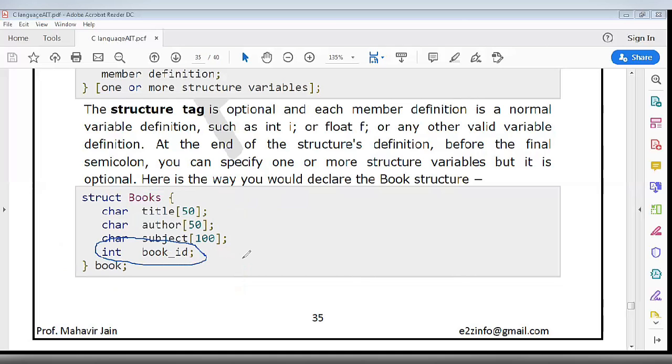Here book underscore ID is of type integer, and all the other elements are of type character, and book is the object of the structure books. Books is the name of the structure, but book is the object of that structure.